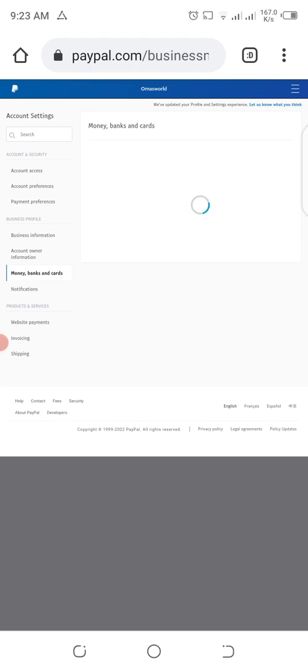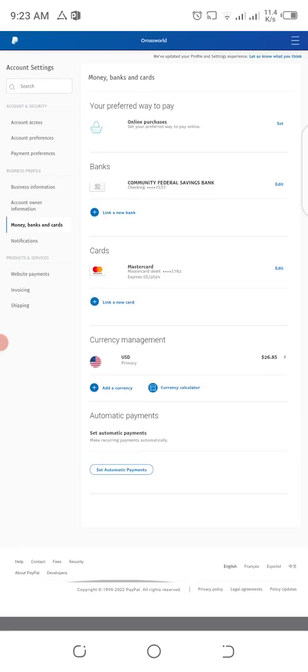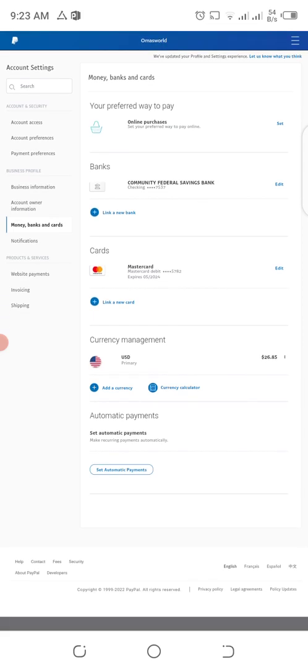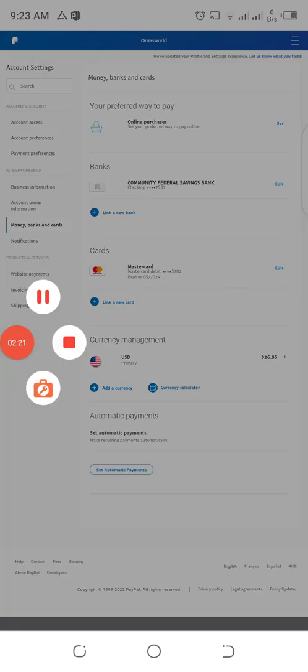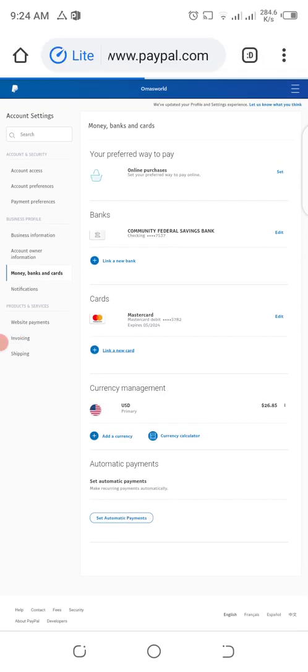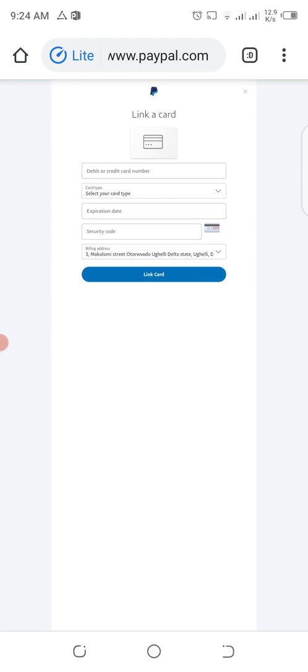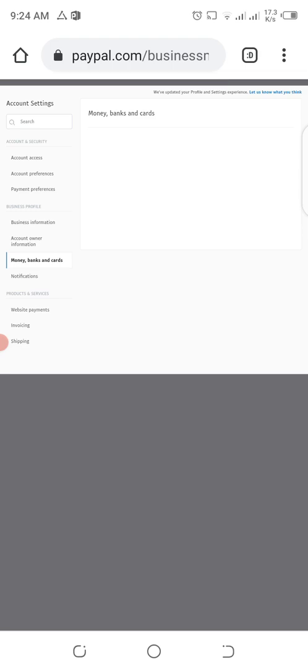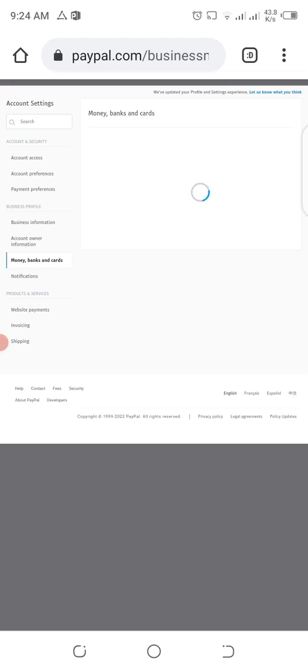So you allow it to load. It's coming up. All right, so you can see there are options here to add a new bank, add a new card. It depends on what you want to do. If you're adding a new card, all you just need to do is to click on link a new card. Enter your card details, the expiring dates, and the likes. And if you are linking a new bank account, like maybe you have a Pioneer account or your normal Nigeria account, all you just need to do is to